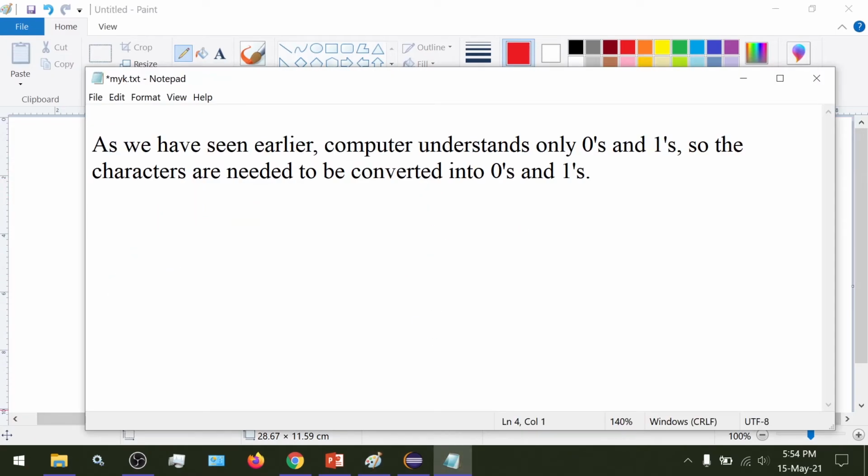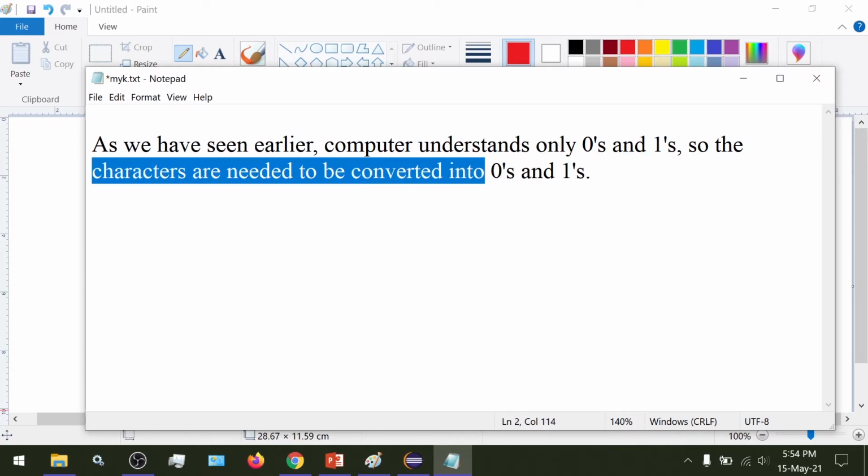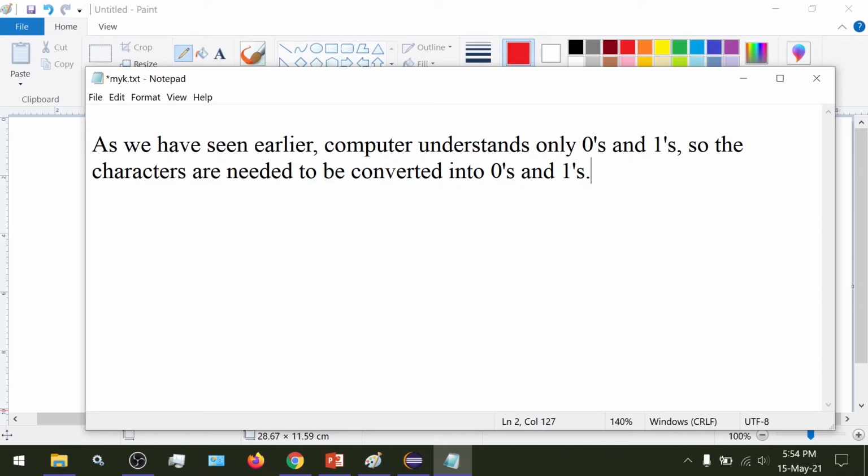As we have seen earlier, computer understands only zeros and ones, so the characters need to be converted into zeros and ones for the computer to understand. So what is done is there is a standard called Unicode.